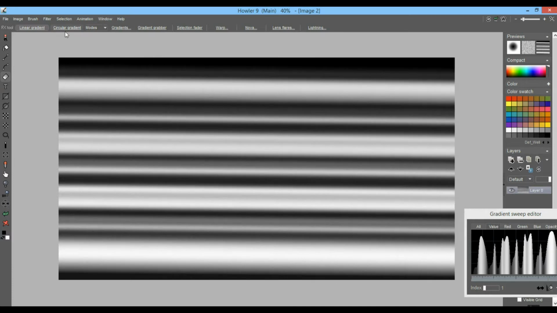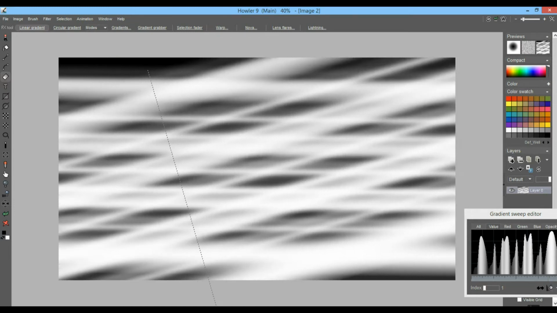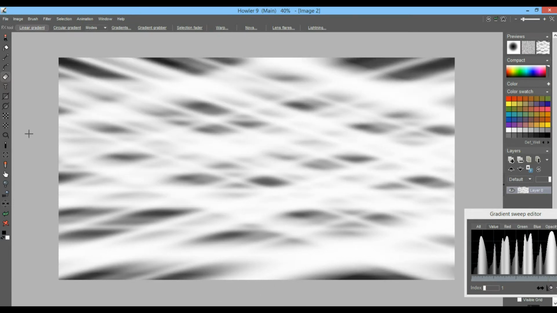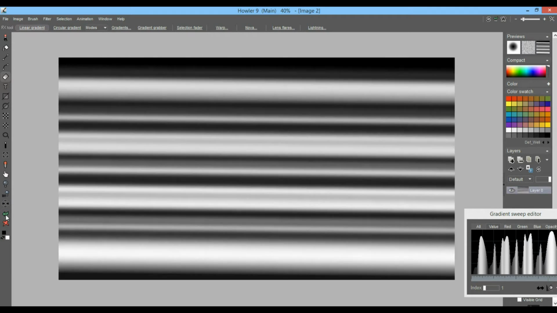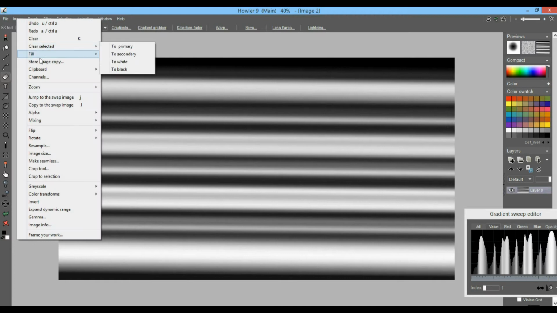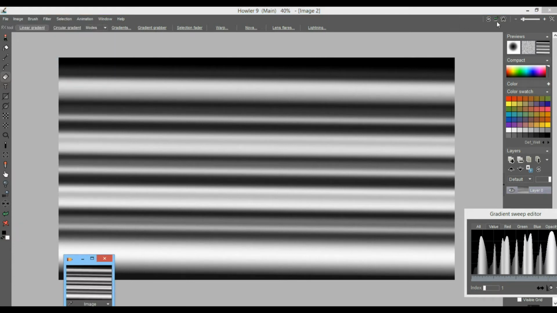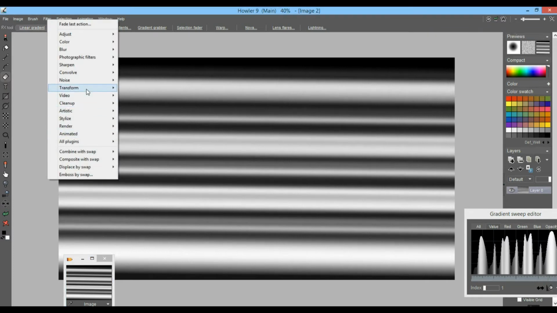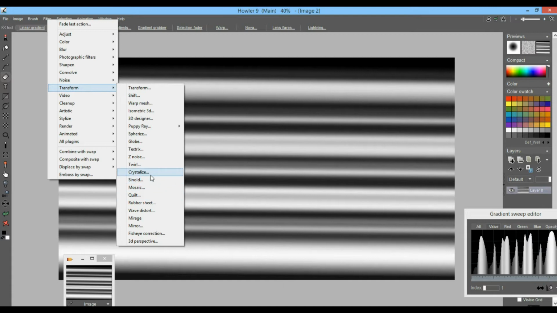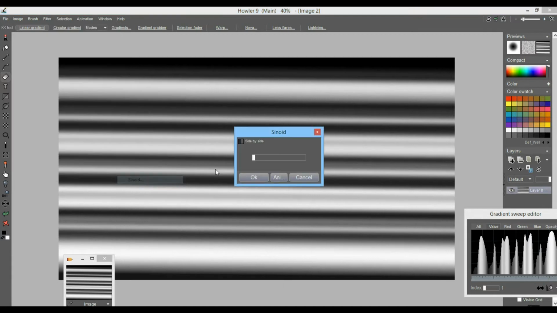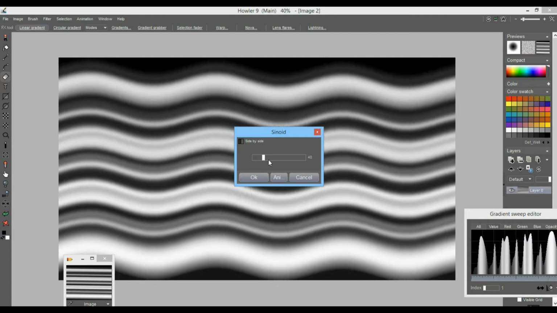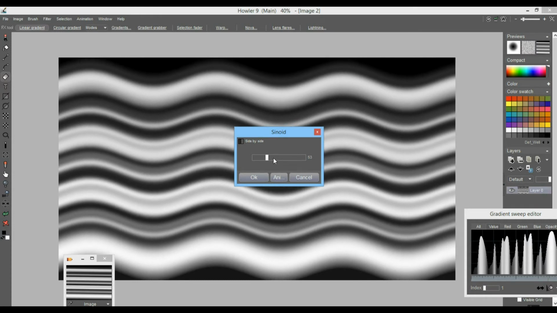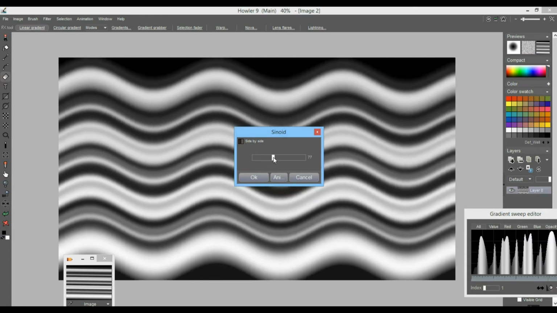Now again, you could also combine that in a few other ways, like screen mode, perhaps get a few different valleys in different ways, and that quickly generates very interesting shapes to try. Another thing you could also do, let's first store this, is perhaps to displace this a little bit, to deform it. So there are some filters you might want to explore under the transform, Sinoid, for instance, that allows